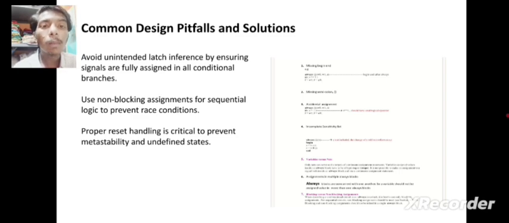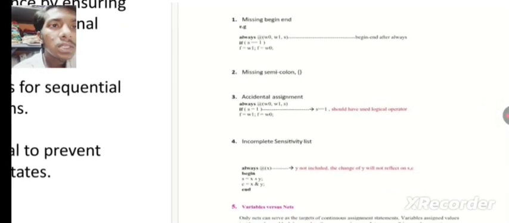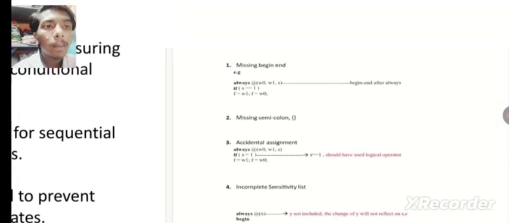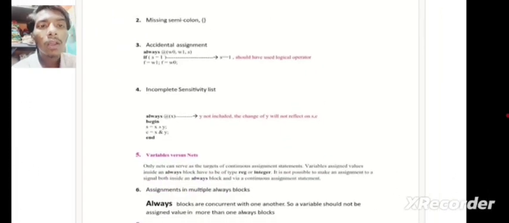Use non-blocking assignments for sequential logic to prevent race conditions, and proper reset handling is crucial to prevent metastability and undefined states. So here are some of the mistakes: the missing begin end and the missing semicolon,